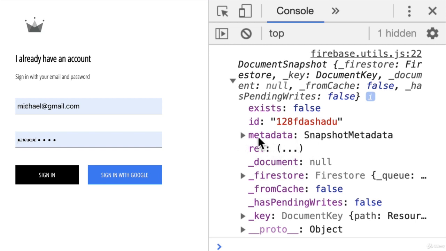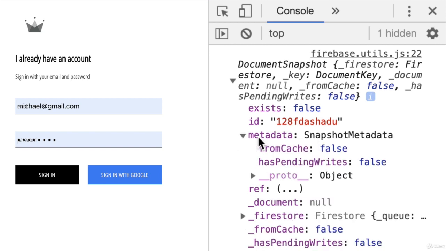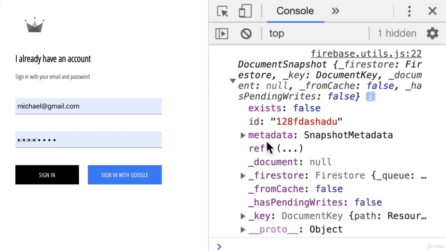Metadata gives us certain information about things like when it was created, whether or not it's cached, and whether or not there are pending writes, meaning if there's anything that needs to be updated to this snapshot. Don't worry about this for now, but just know that this is something you might want to use if you get really, really deep with Firestore. And then, of course, we can also always reference back to the document reference object that we queried our snapshot